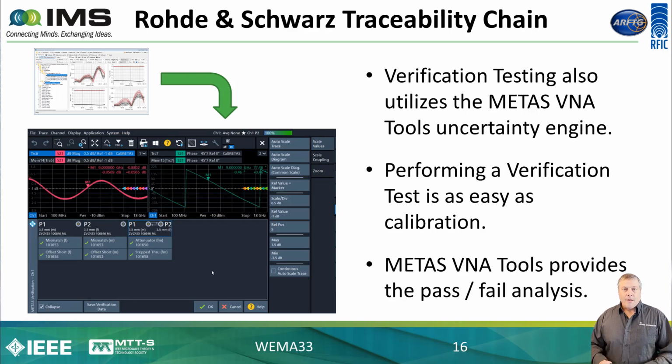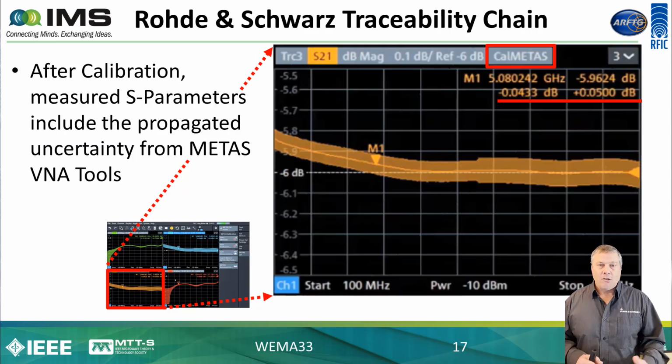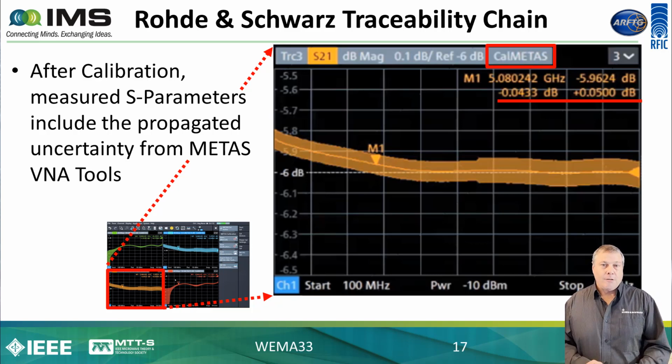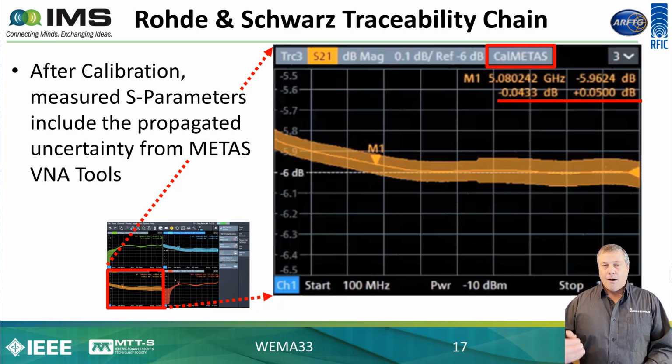If you can pass the verification test, which is not trivial, you have to take great care. You have to really make good connections, best practices, minimize cable movement. But if you pass the verification test, which measures a variety of standards at a variety of frequencies, covering a wide range of the Smith chart in terms of reflections and a wide range of transmission attenuations, then you can be very confident that not only are you making correct measurements, but also the measurement uncertainty bands are correct as well, because the test is checking whether or not the expected results are falling within the measurement uncertainty of the measured results. So that's how you know if it's accurate.